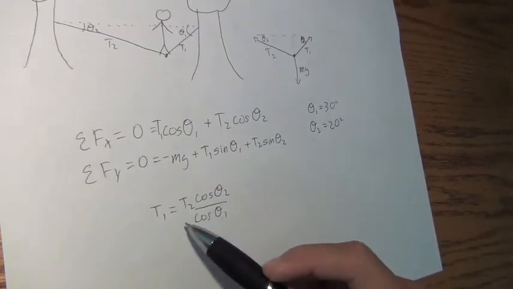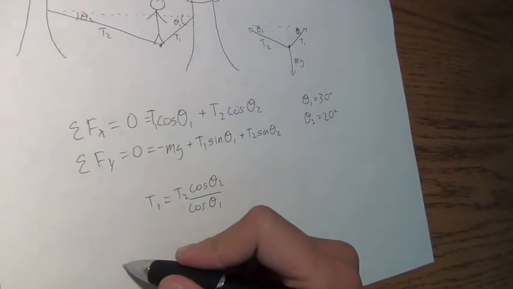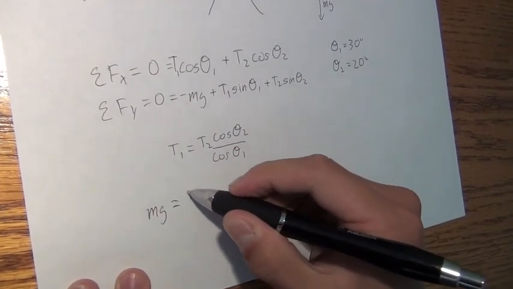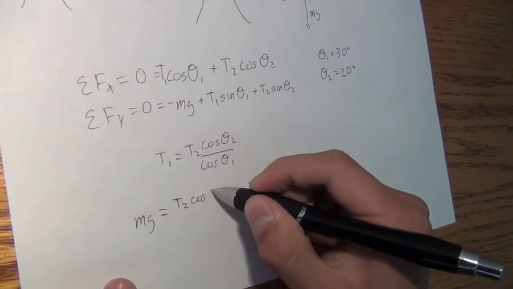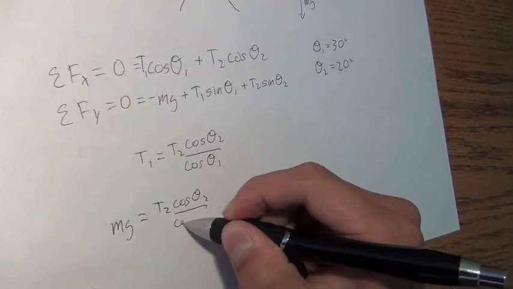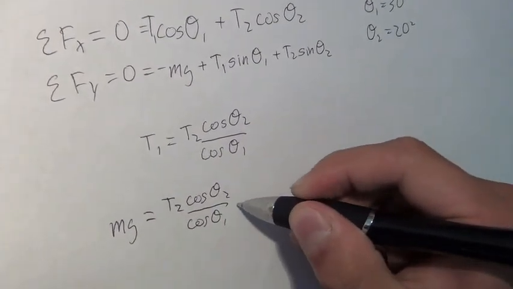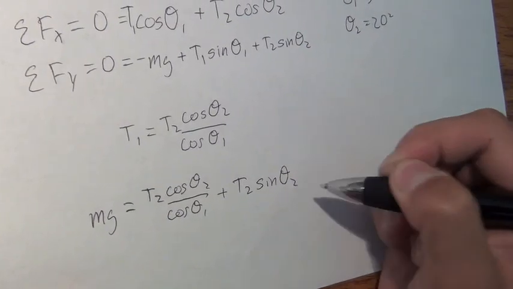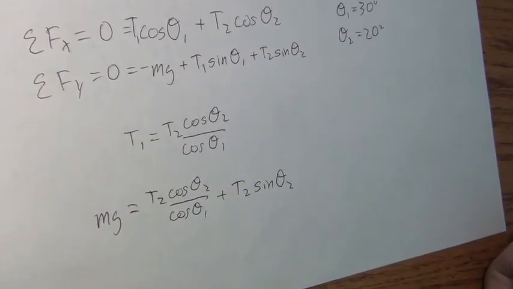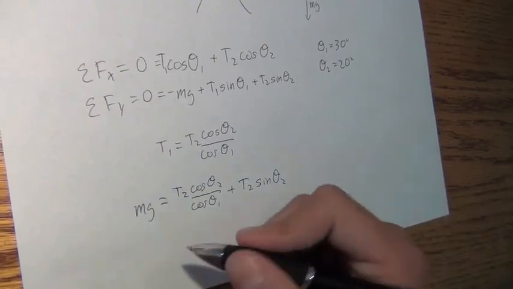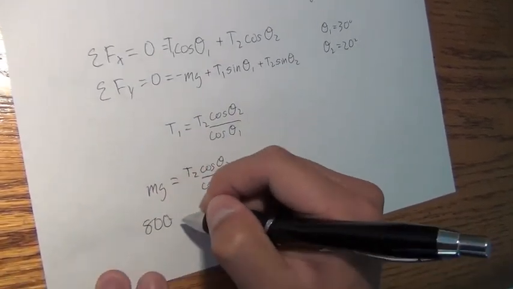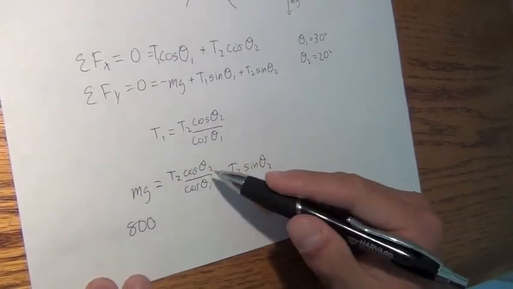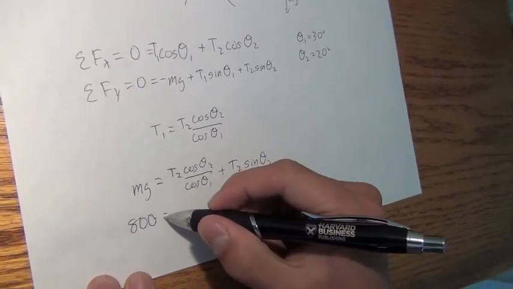And then if you plug this into your other equation, you get mg equals t2 cosine theta 2 over cosine theta 1 plus t2 sine theta 2. Doug weighs about 175 pounds, which is about 800 newtons of force pulling down due to gravity. So then when you plug everything in, you get